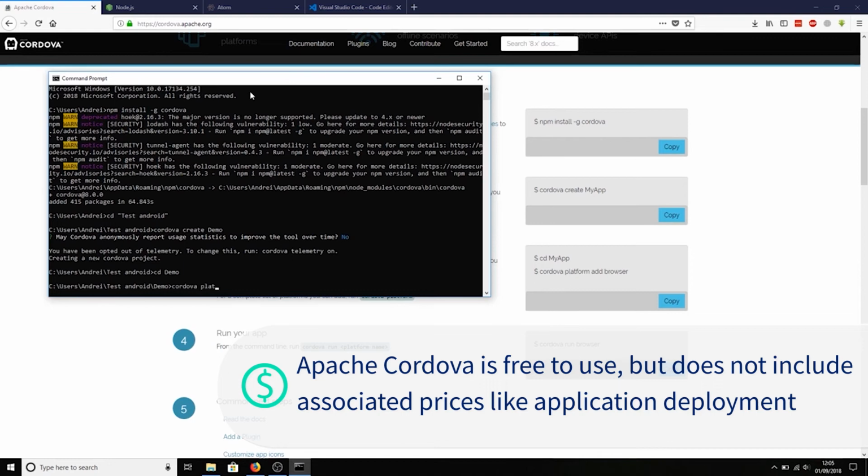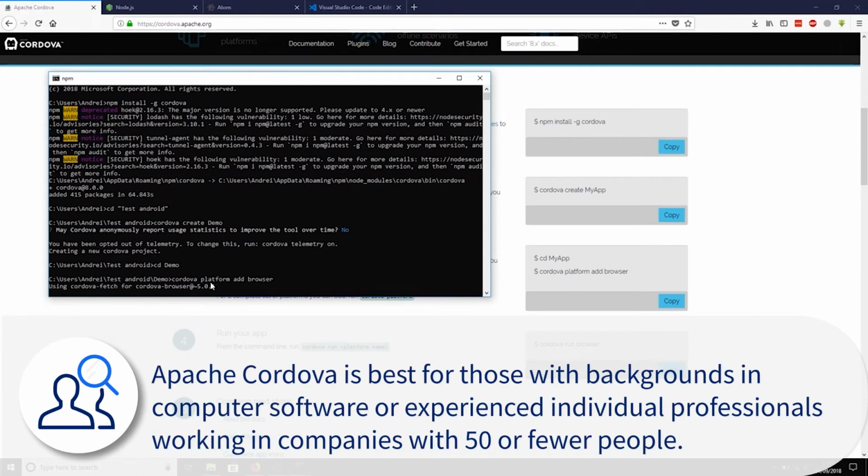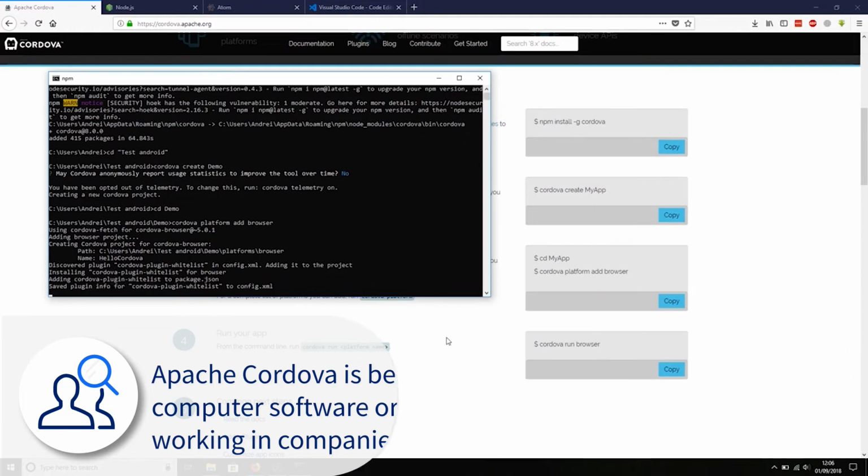Apache Cordova is best for those with backgrounds in computer software or are individual professionals working in companies of 50 or fewer people with good development skills. Those that don't find open source software safe to use in their work environment for whatever reason may want to look elsewhere. All in all, the app development software you choose is dependent on your knowledge, how quickly you want